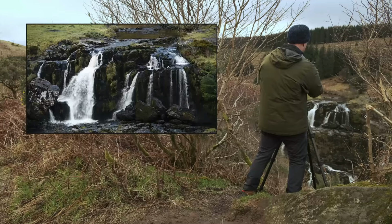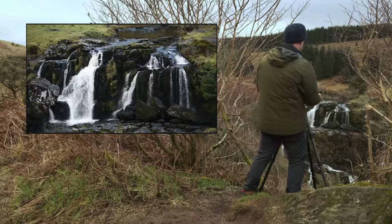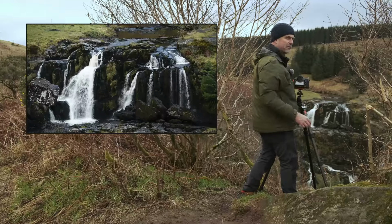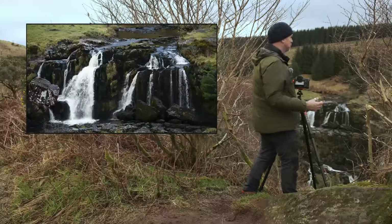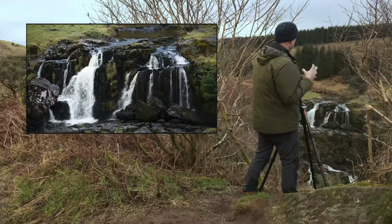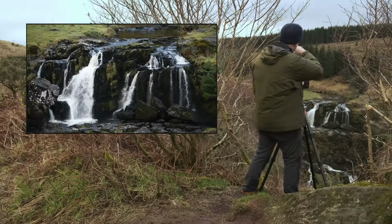It really is knocking back some of that reflection, which is good. I'm going to try and shoot it at around a sixth of a second, just to capture a little bit of movement in the falls, but not too much that we lose all that nice detail. So we'll get a shot from up here, and then I'm going to try and work my way along the